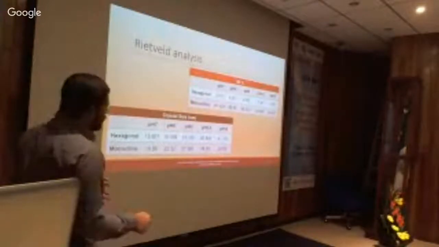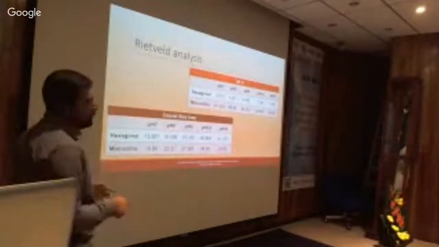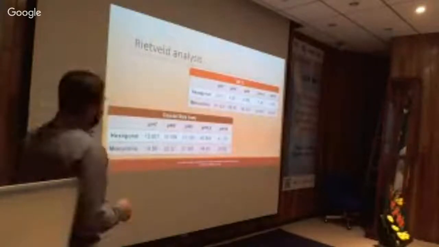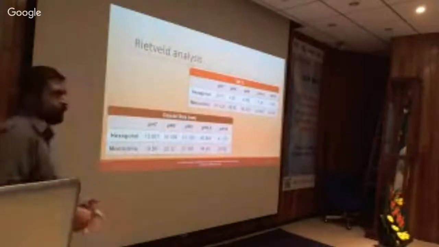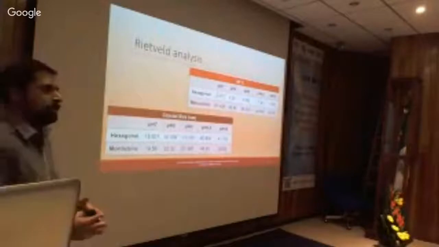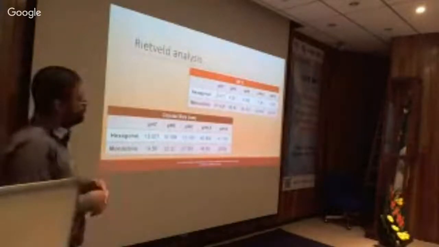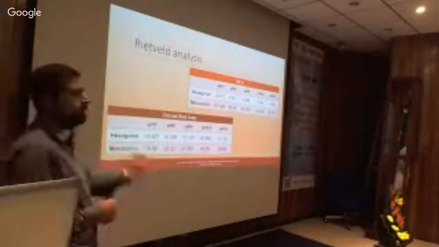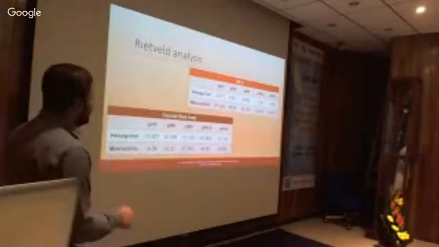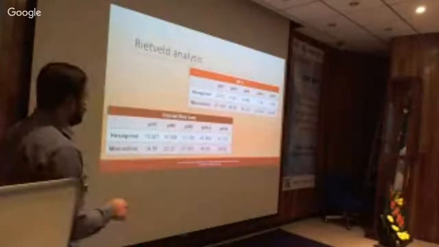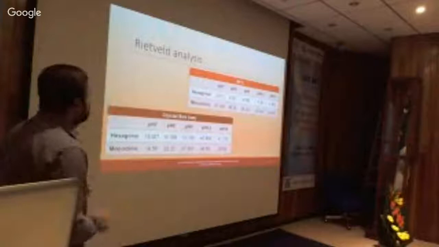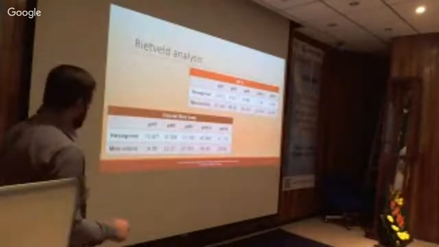The maximum phase presented here is the monoclinic. This is an unstable phase which forms from 300 to 600 degrees centigrade. So the next step is to calcinate at higher temperatures, more than 600 or 700, to get the hexagonal phase, and we calculated the crystallite size using the Scherrer formula